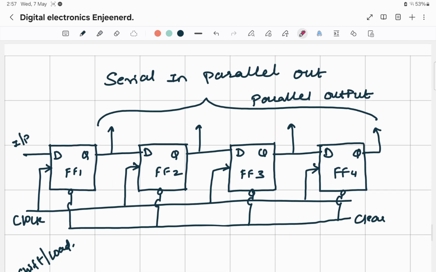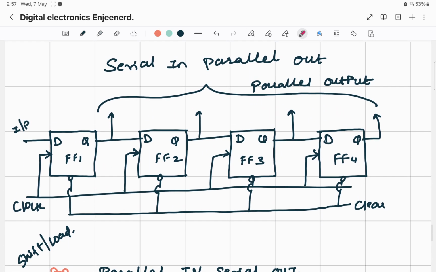Now we move on to the second one, that is serial in, parallel out. The serial input of the data remains the same except for parallel out. Parallel out means in serial out I used to get the data at the output one by one. But in parallel out I have 4 wires connected at the output. So at a single clock pulse, I will get all my data parallelly out simultaneously. So this saves a lot of time when transmitting data from these kinds of